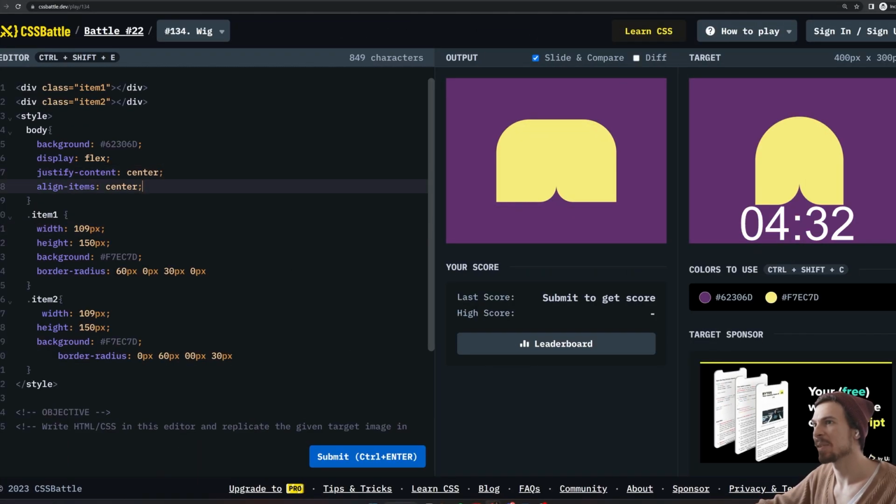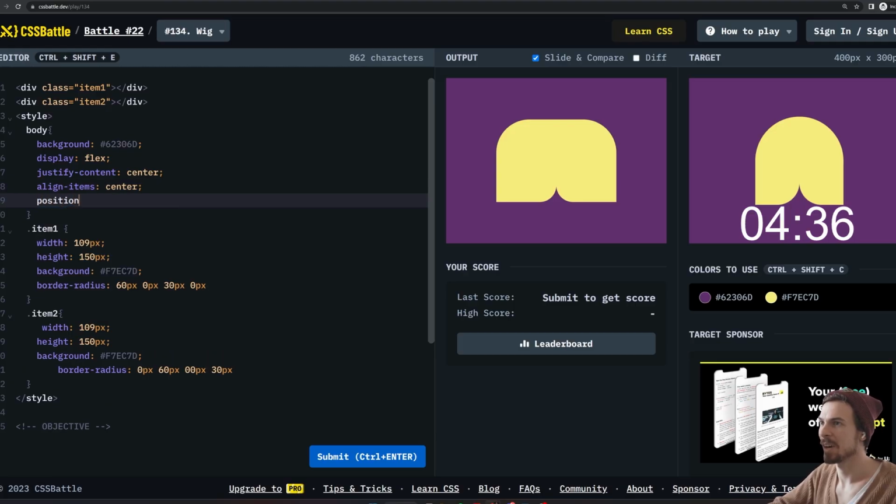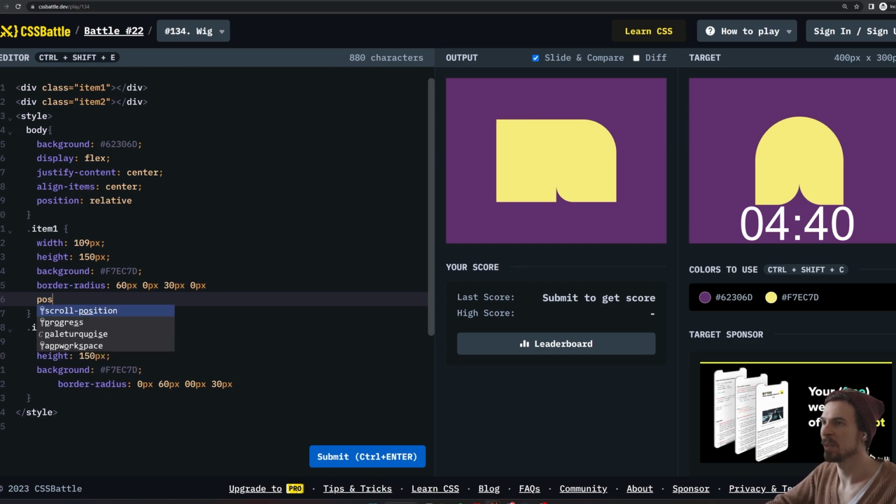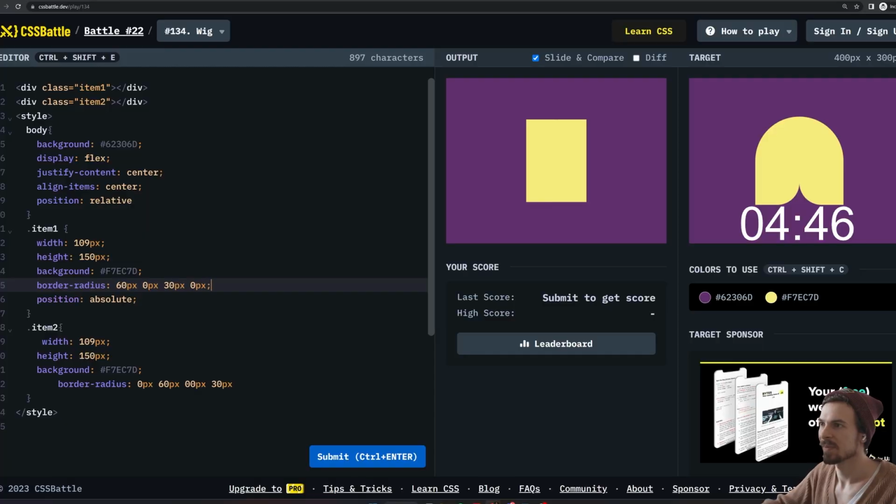We could add a position relative to this, and we can move it with position absolute. I'm not sure if that's the best way to do it, but I mean, it's gonna work. I need to close. See, I haven't written CSS in ages because I keep... Oh,